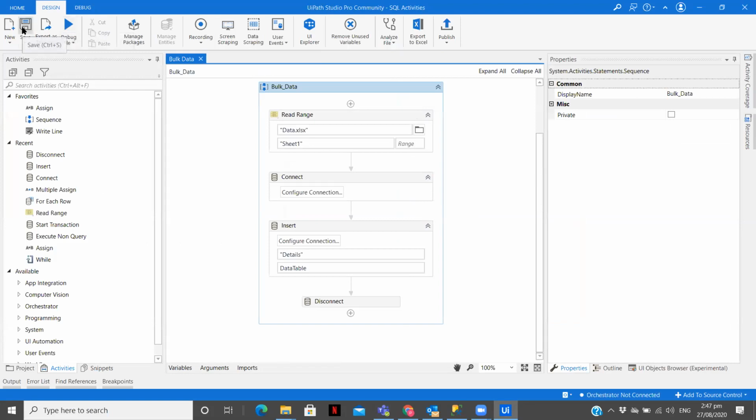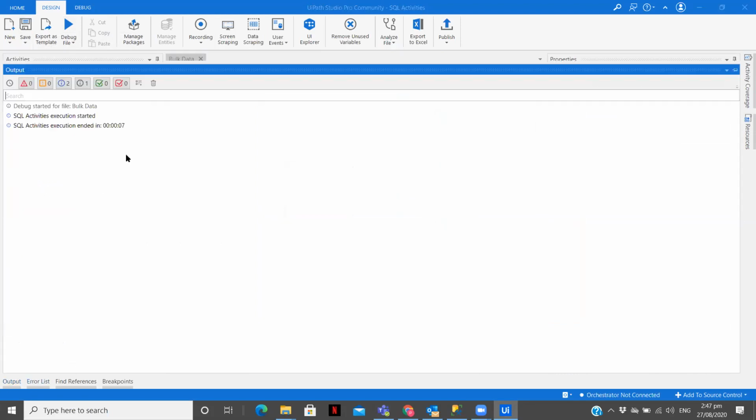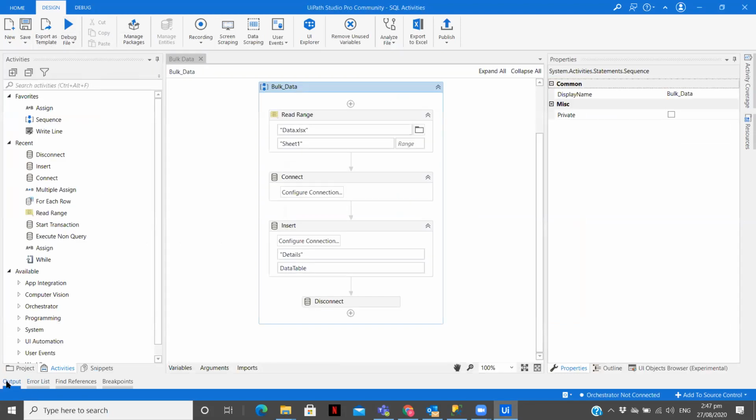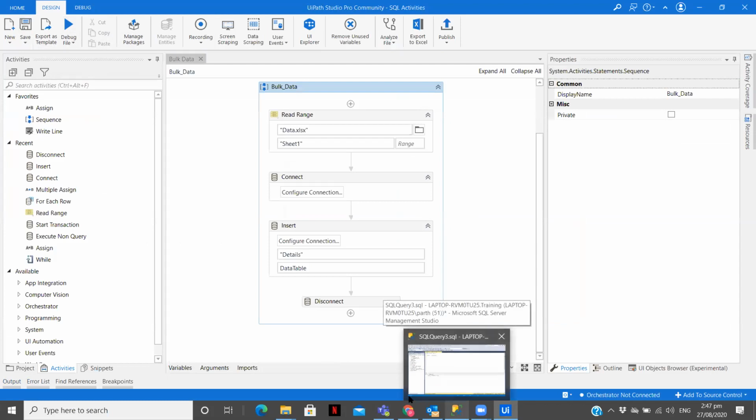You can see the speed at which the data got inserted. You see 7 seconds and we have complete data over here.